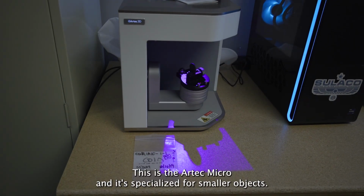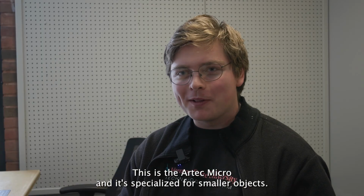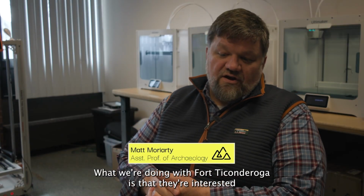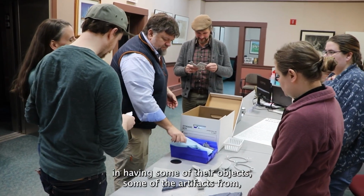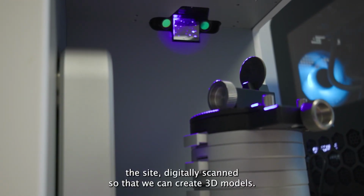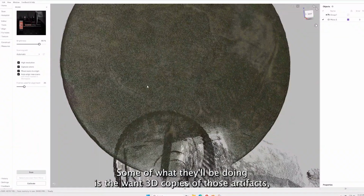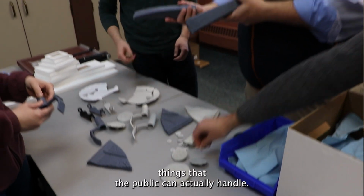This is the Artec Micro, and it's specialized for smaller objects. What we're doing with Fort Ticonderoga is that they're interested in having some of their objects, some of the artifacts from the site, digitally scanned so we can create 3D models. Some of what they'll be doing is they'll want 3D copies of those artifacts, things that the public can actually